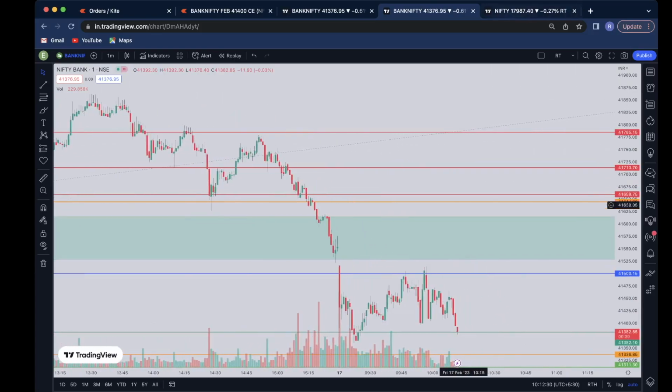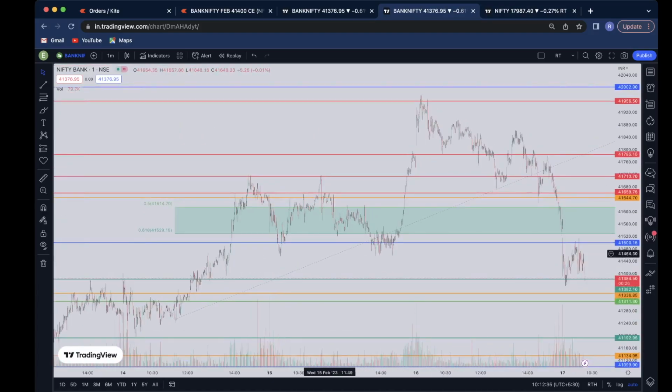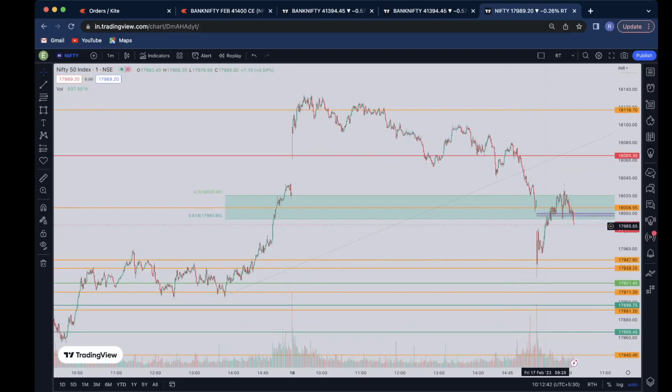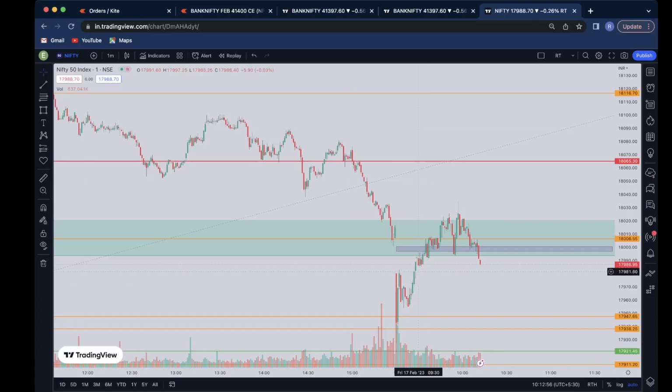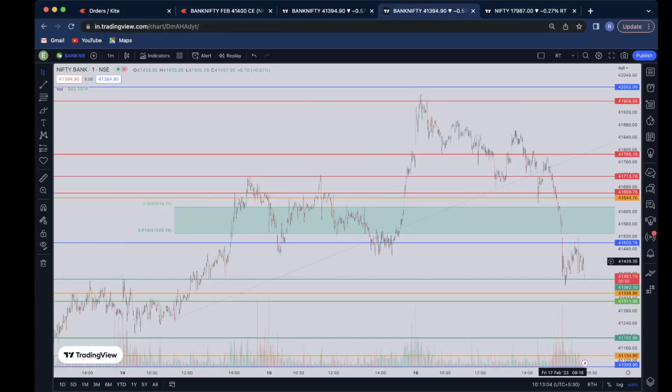So what position should we make here? Which one should we follow? If we look here, the market is giving a very important level breakdown, right? If we have to choose between the put option and the call option, first of all, we won't go for a put option easily here, because we know that this zone is for call options only, as per our strategy. So at this candle, around 9:29 or 9:28, the market is giving a good breakout, right? And here the market is giving a sharp fall.